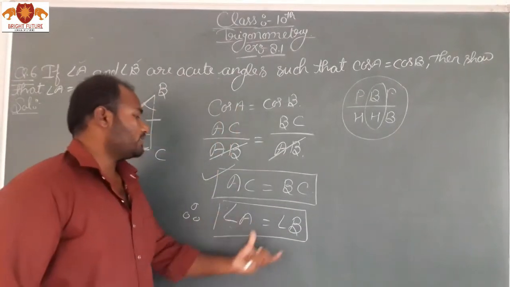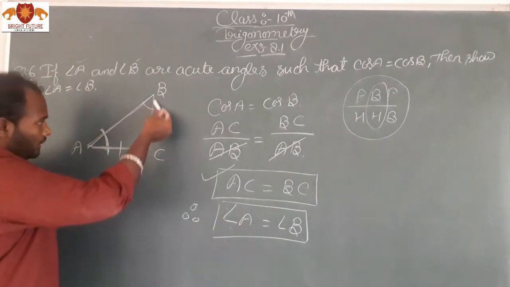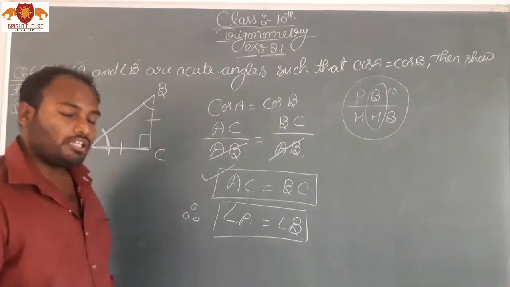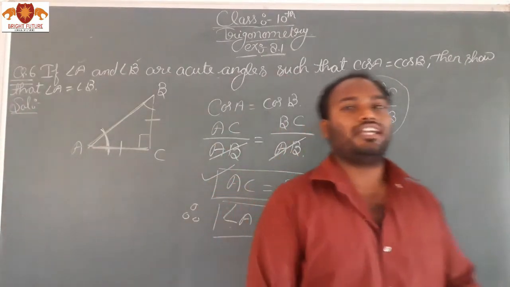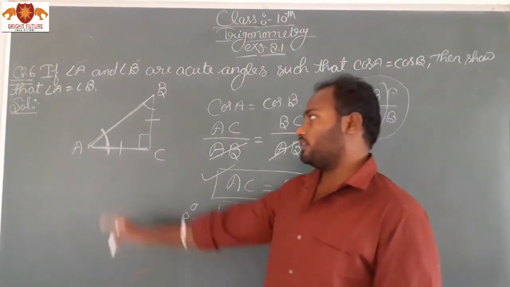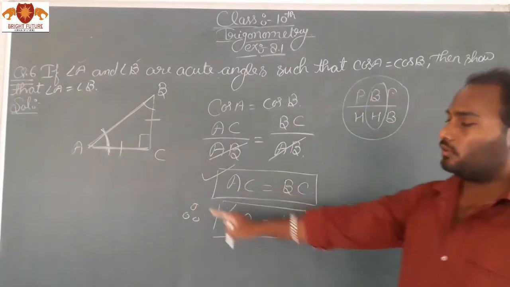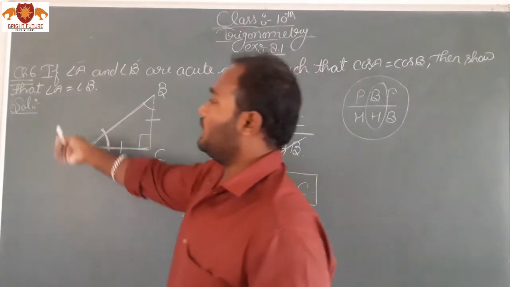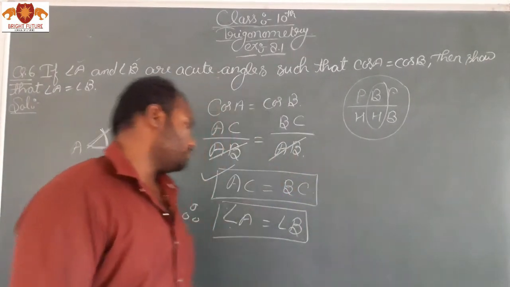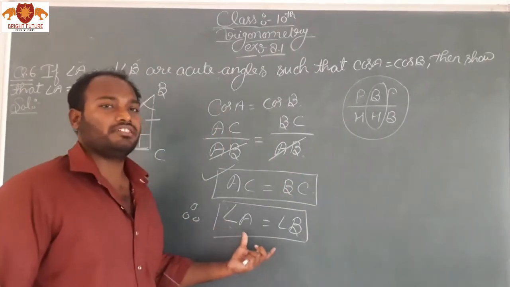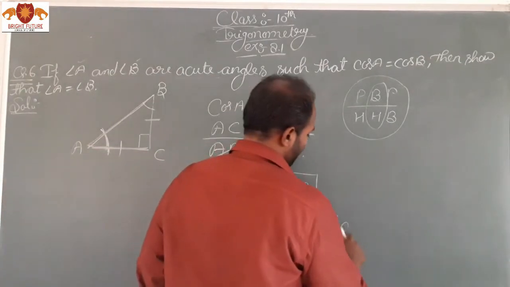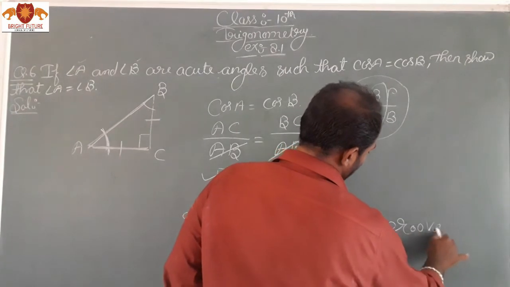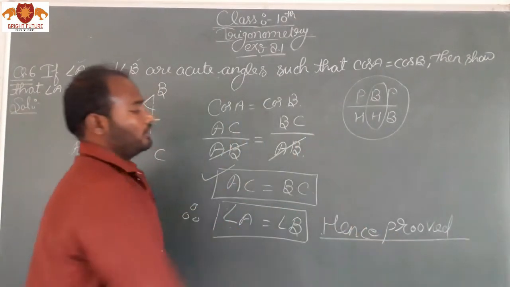मैंने इन दोनों को इक्वल इसलिए बोला क्योंकि इक्वल साइड के अपोजिट एंगल भी इक्वल होंगे, अकॉर्डिंग टू द आइसोसेलेस ट्रायंगल थ्योरम। तो हम लोगों को यही प्रूफ करना था कि a इज इक्वल टू b होता है, सो a इज इक्वल टू b, हेंस प्रूव्ड।